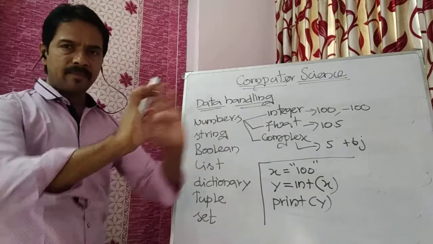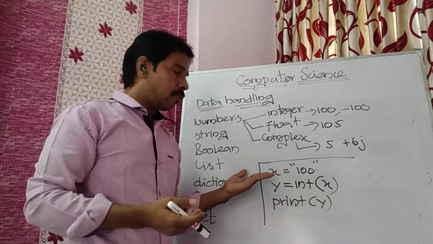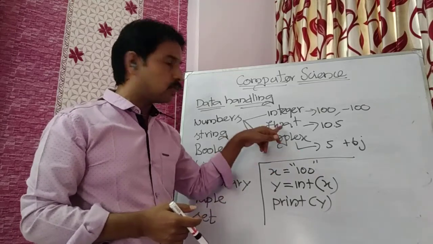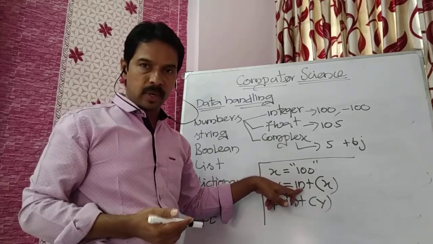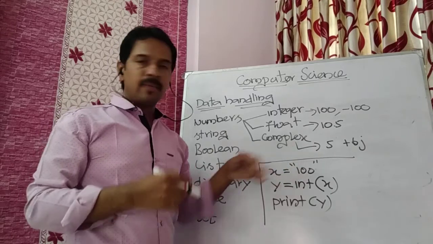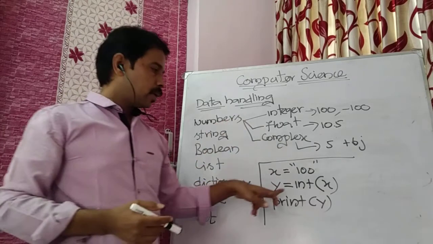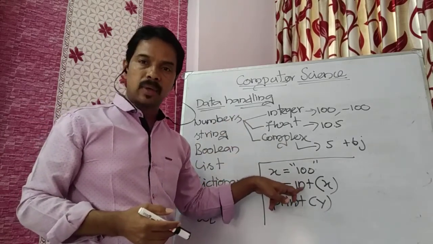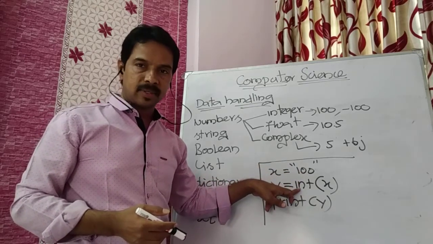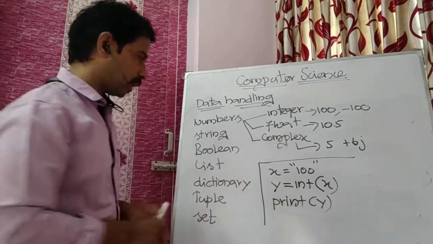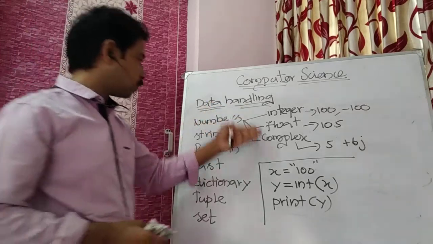In the same way, using the same method, you can convert from any other data type into float. Instead of int, you have to write float here. That is the only difference. Even from some other number, if you want to convert it into complex, you can write complex here, so that the value will get converted into a complex number. Are you clear? Fine. So this is all about numbers.